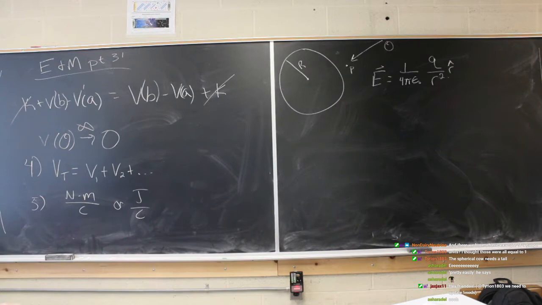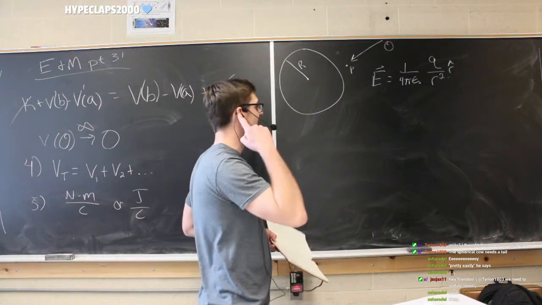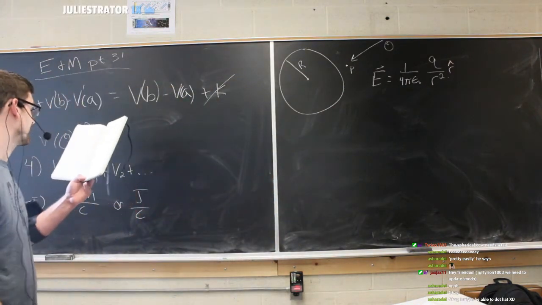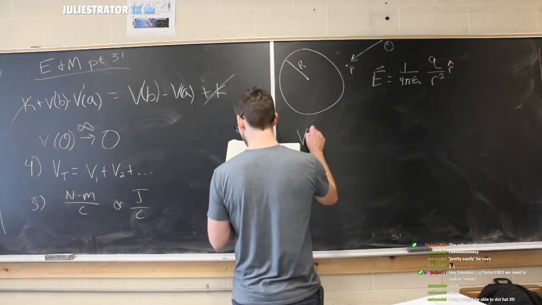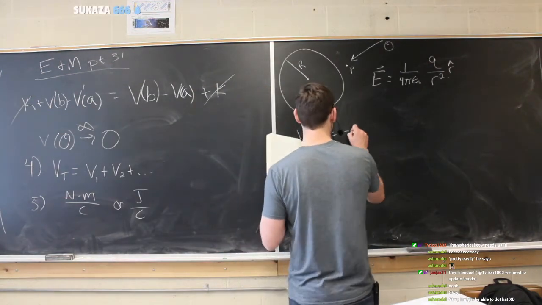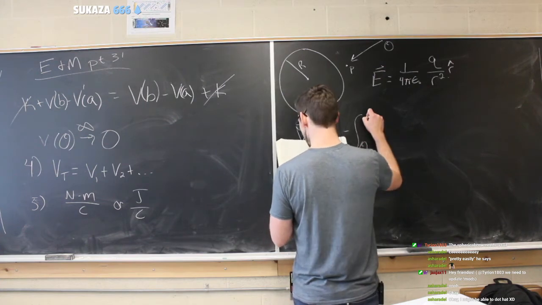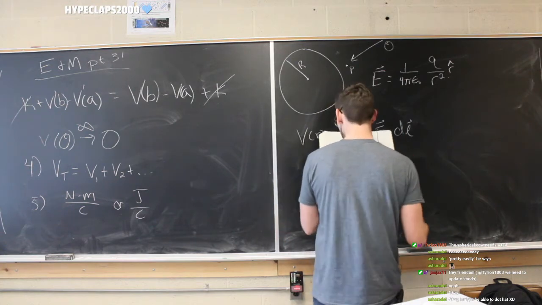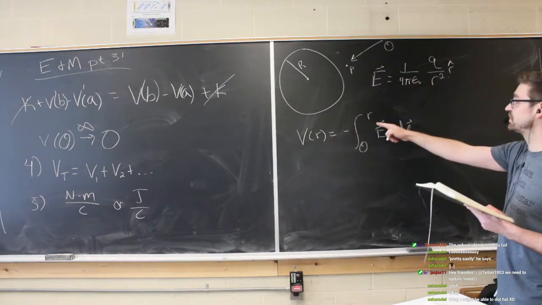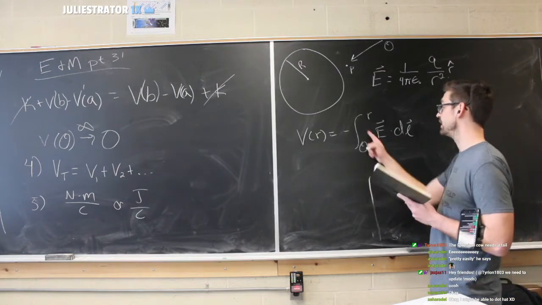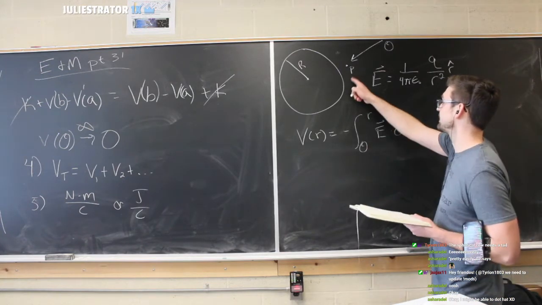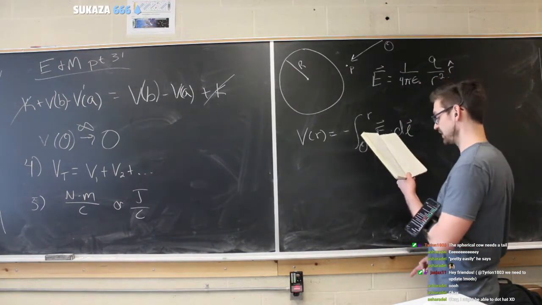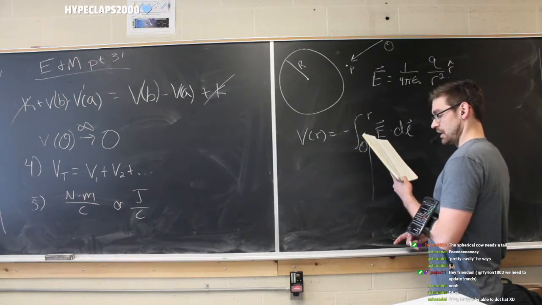Now, like I said, we have a spherical shell of uniform charge. So we're going to treat it like a point charge on the outside. And that means we can just take the potential as the negative integral from some origin that we defined purposefully at infinity, all the way to R, which is where we want to consider the point of interest. So right now it's outside, but then the next one we'll have to do is move the point of interest to the inside, and then we'll have to extend it a little bit farther inside. Okay?